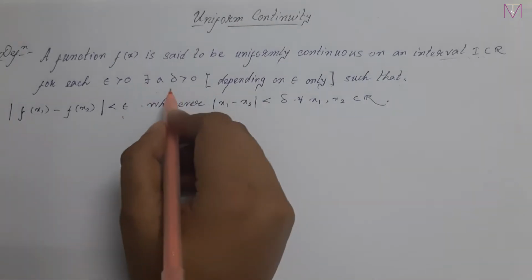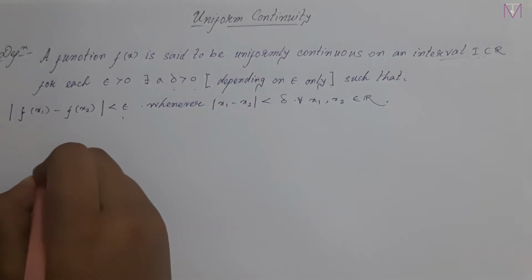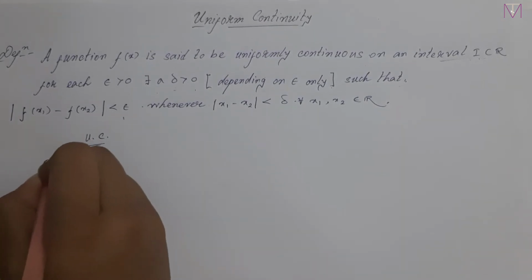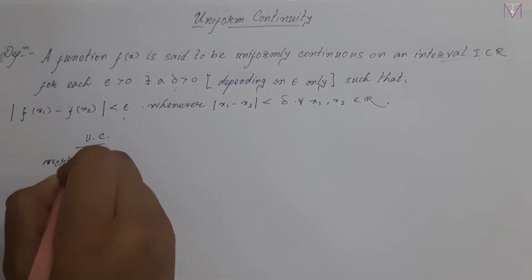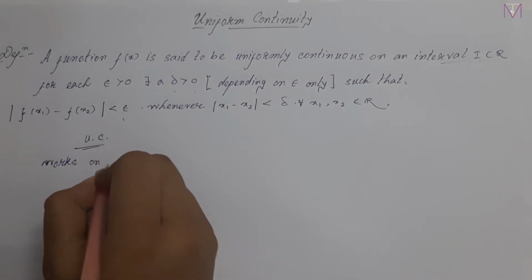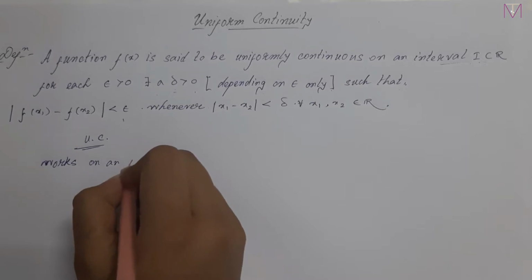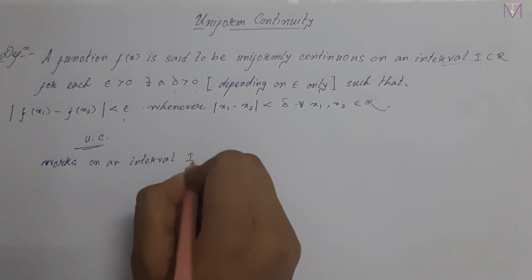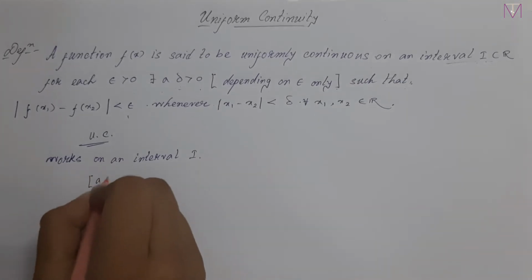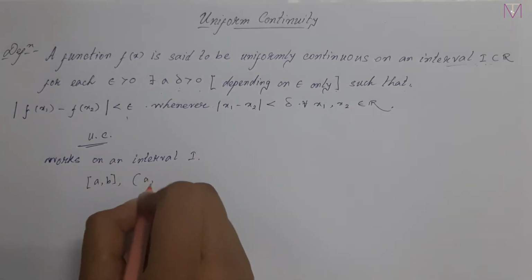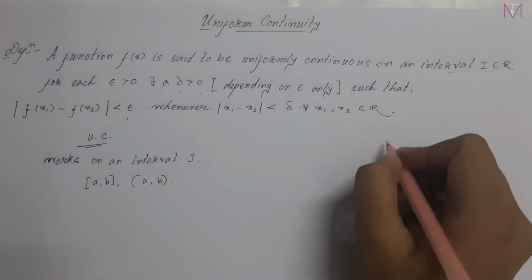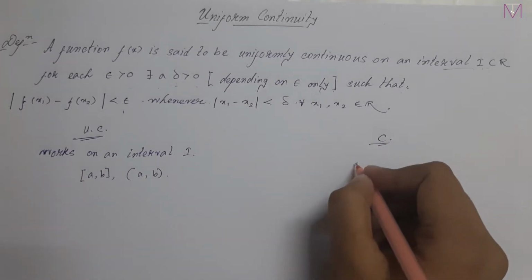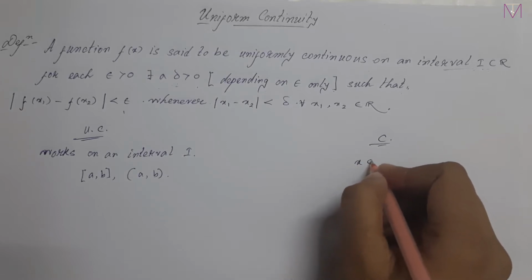Uniform continuity works on an interval such as a closed interval [a, b] or any open interval (a, b), but continuity works only at a point, such as x equal to